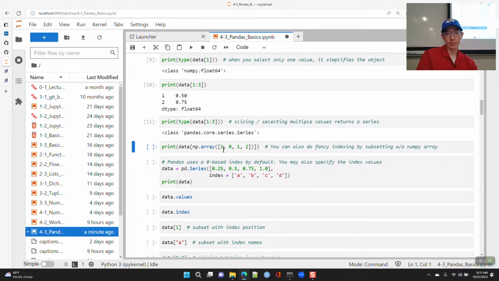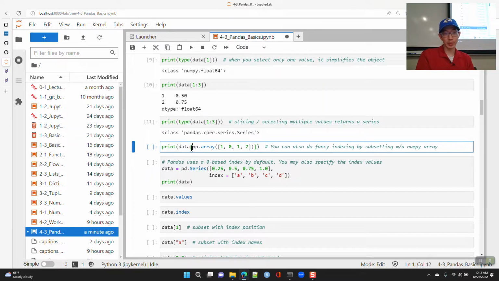If you want, you can do what we call fancy indexing, where, rather than saying I want to slice from the first to the third or something like that, you can say I want to extract out the index 1, index 0, index 1 again, and index 2.